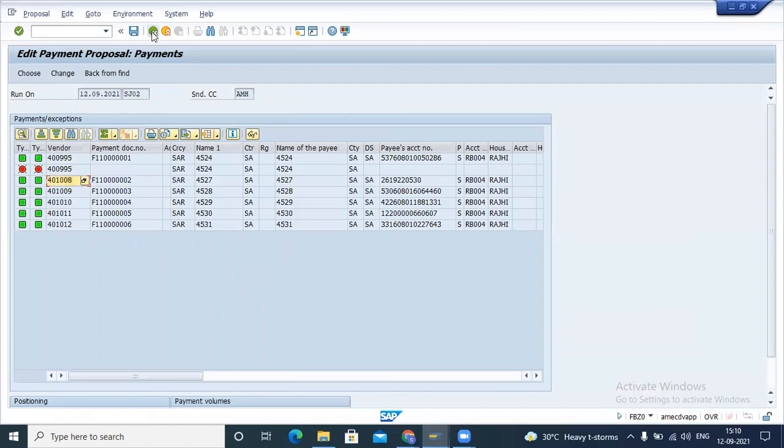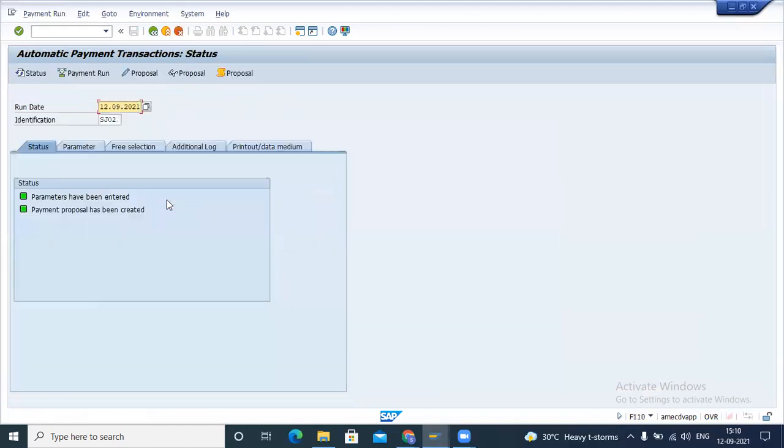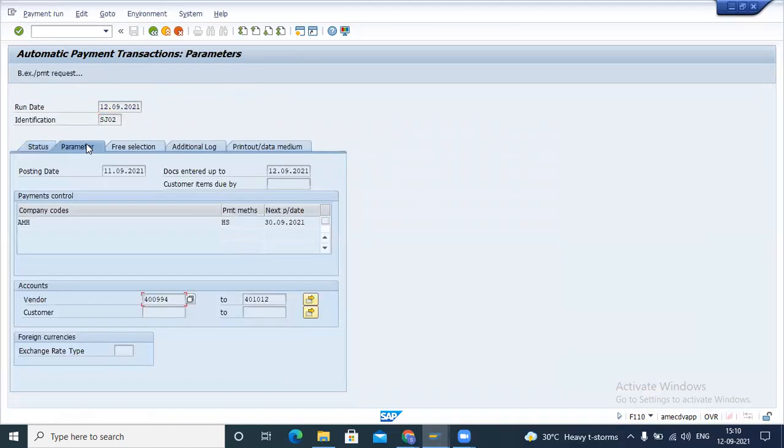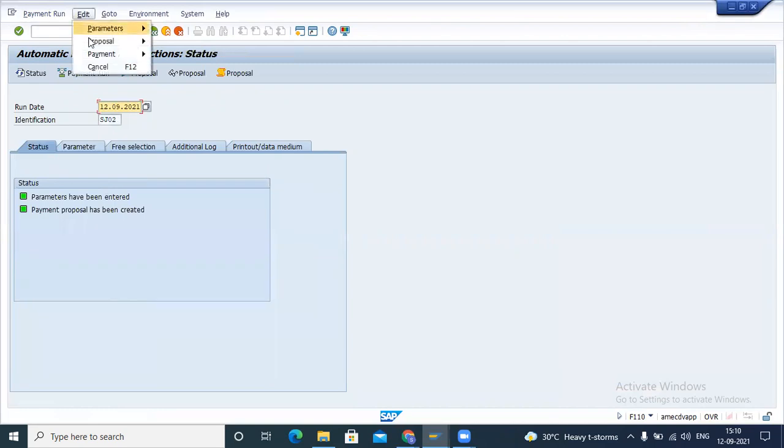Once it is approved, suppose you have created this proposal on the 12th/9. Now you want to change the posting date. So you can delete this proposal.